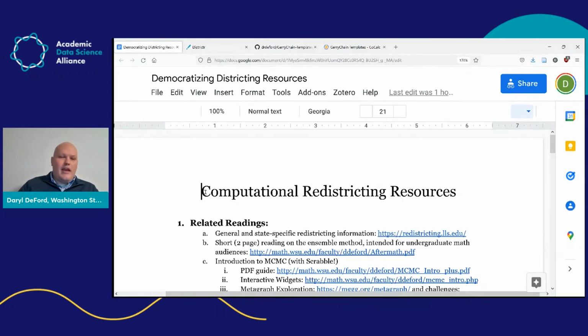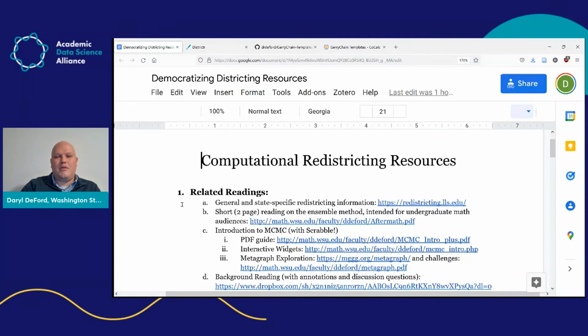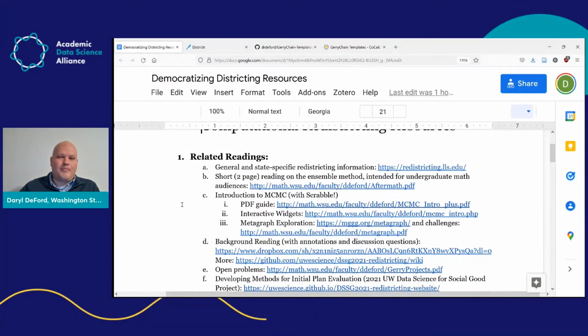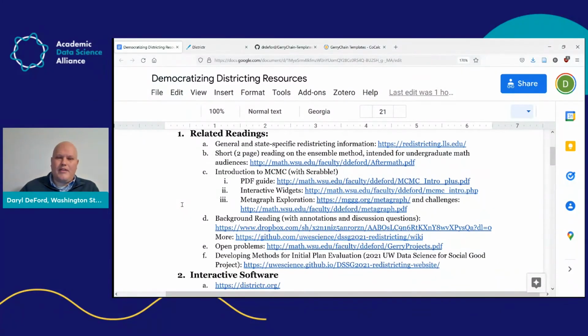Okay, so I mentioned a Google Doc full of resources. It's linked in that slide, tinyurl.com/Gerry-resources. And so there's a few different things here that I just want to highlight for you. So it starts with a collection of readings. If you want to learn more about the rules in your state or states that you're interested in, that first link takes you to All About Redistricting, which is a really, really useful site. There's also some more technical introductions to some of the methodologies, the ensemble method and MCMC more broadly here,